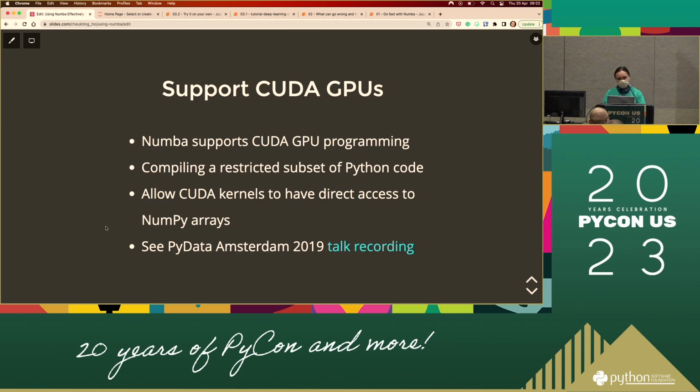There are other things where Numba would be very useful as well. For those of you who work with a cluster, with CUDA GPUs, or have a CUDA GPU at home, you may wonder, does Numba help me? Numba does support CUDA GPU, but I'm not going to cover it today because not everybody is using a GPU, CUDA GPU especially. But there's a talk that covers that in detail. If you use it and wonder how you can use it together with Numba, that is the place you could look into.